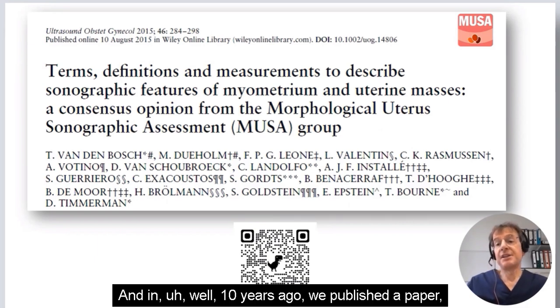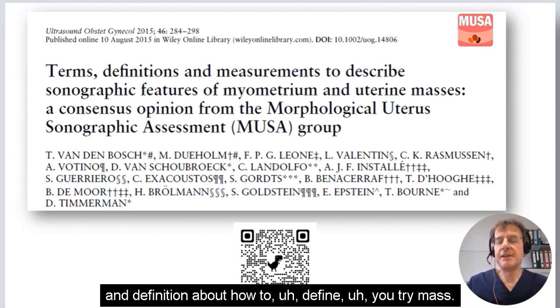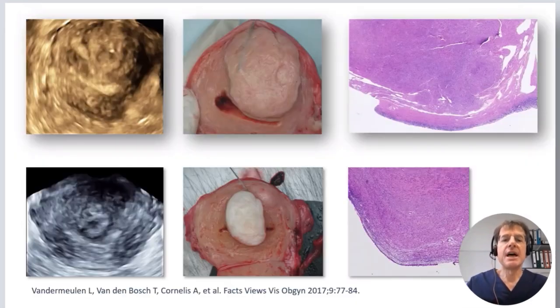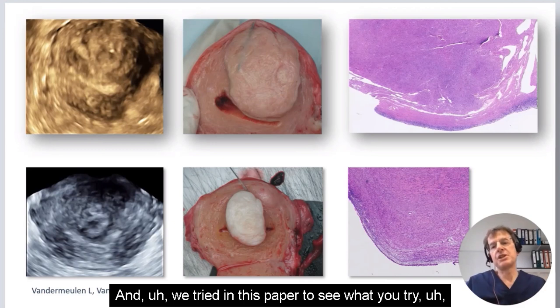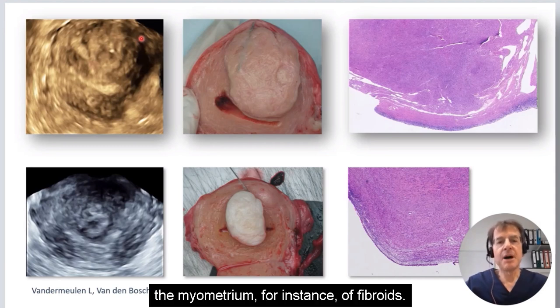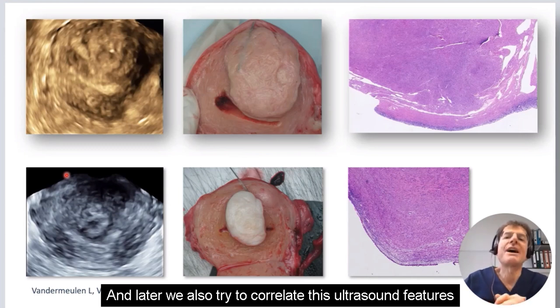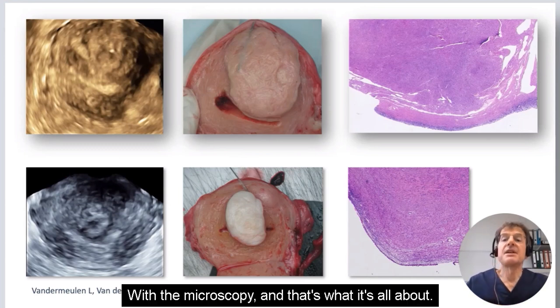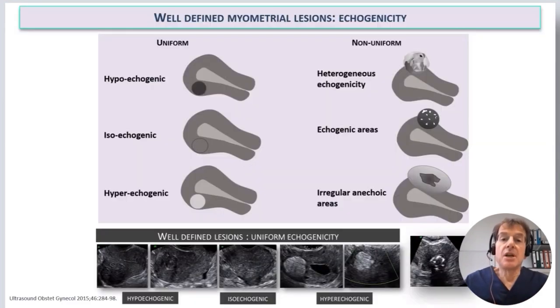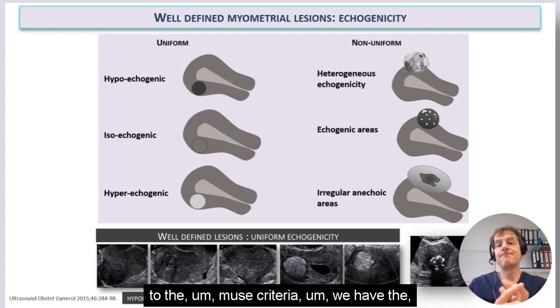Ten years ago, we published a paper, the Musa paper, about the terms and definitions of how to define uterine masses. And we tried in this paper to see what the ultrasound features were of the myometrium, for instance, of fibroids. And later we also tried to correlate these ultrasound features with microscopy, and that's what it's all about. So starting with well-defined lesions according to the Musa criteria,